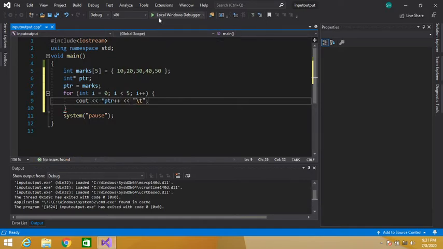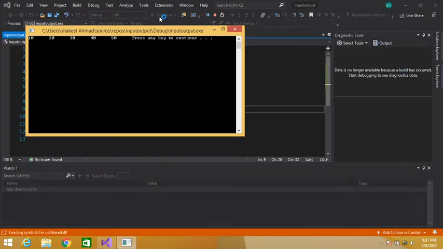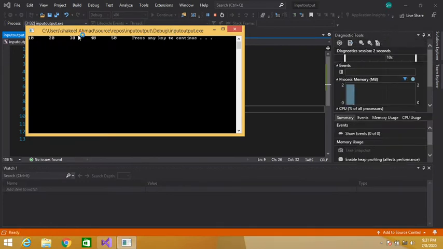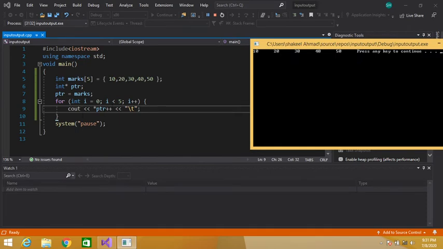Okay guys, let's execute this program. So it has displayed all the elements of the array using the pointer. What I did is I simply declared an array of length 5 and initialized it with these values. Then I declared a ptr, a pointer of type integer, and as we know that the array name contains the address of the first element of the array, I assigned the array name to ptr.